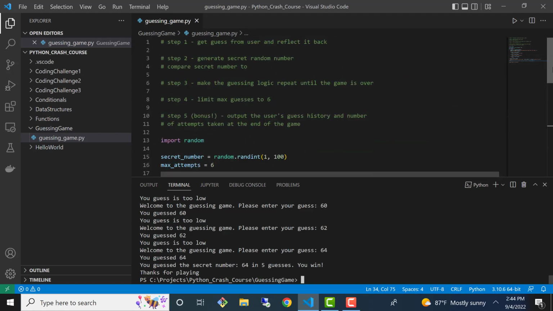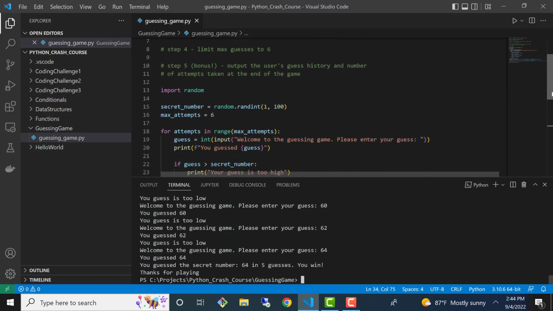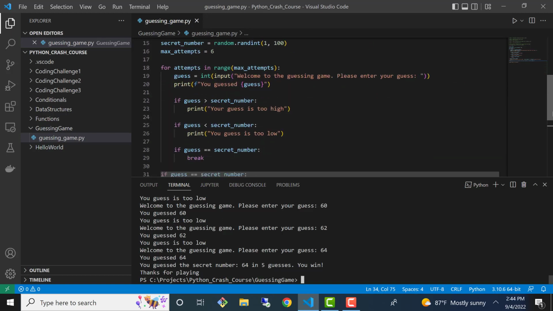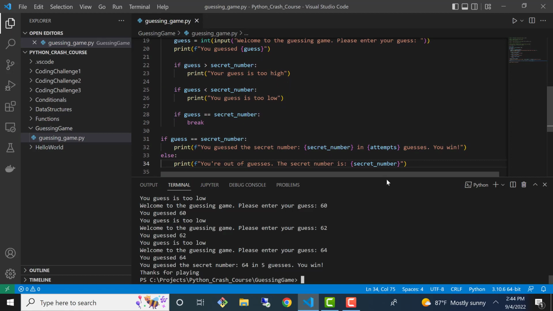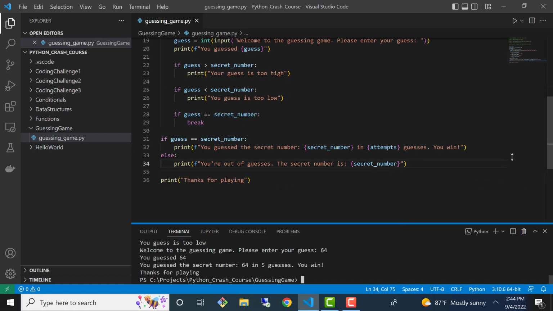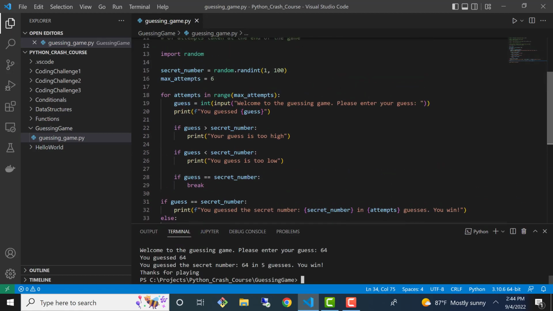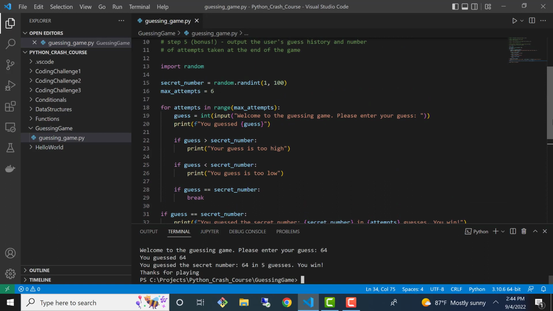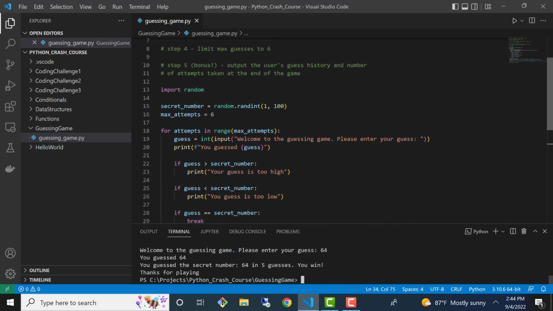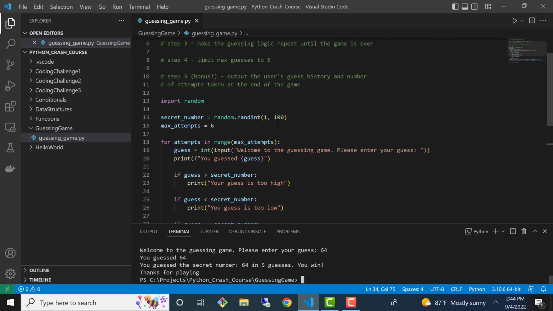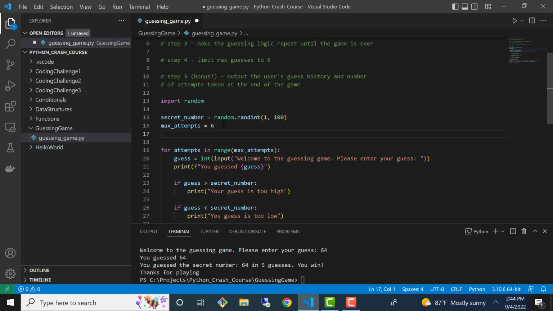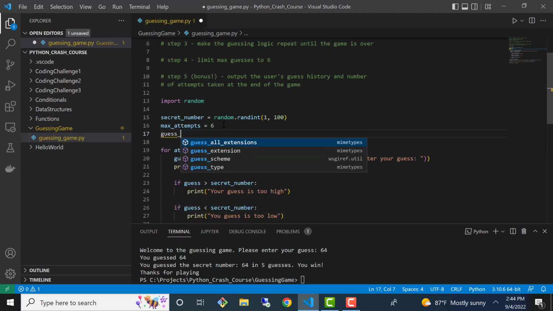All right, so the first part of the requirement is to output the user's guess history. So how would we collect? We need to find a way to record all of the previous guesses. So what construct that we've learned earlier in this tutorial would you employ to hold a collection of the user's guesses? All right, so if you guessed a list, I think that's a good idea. So that's exactly what we're going to do here. I'm going to create a new list called guess history, and I'm going to initialize it to an empty list,